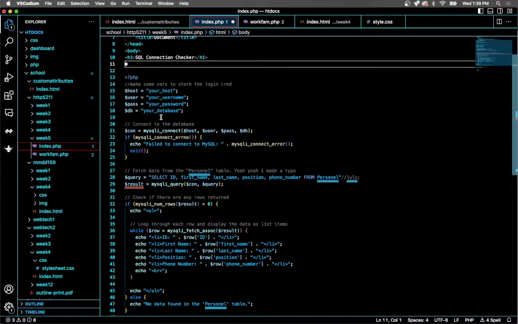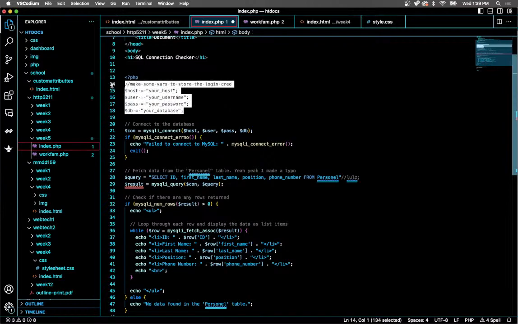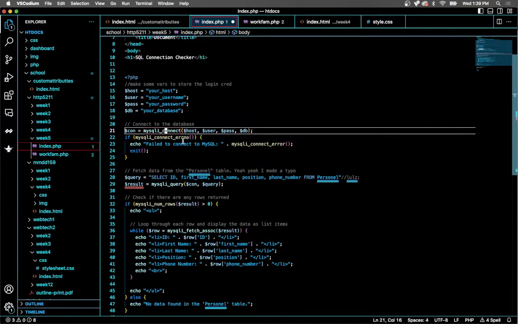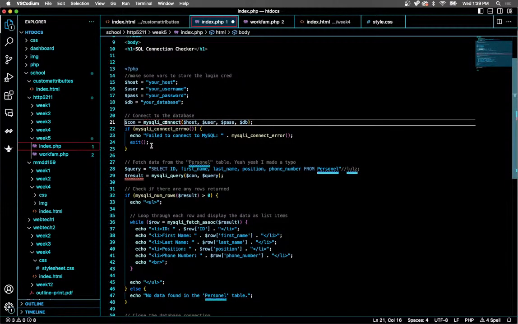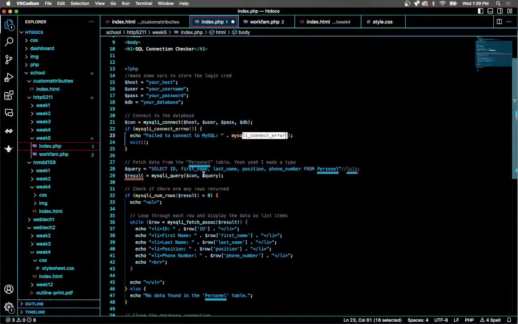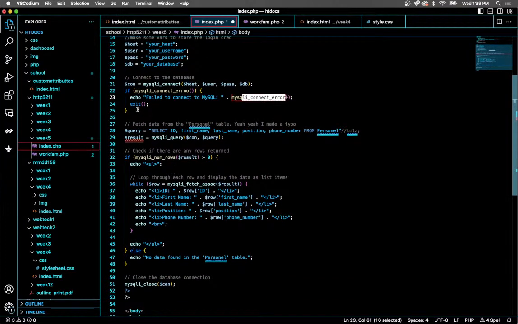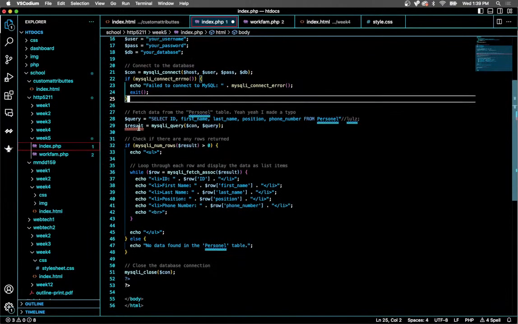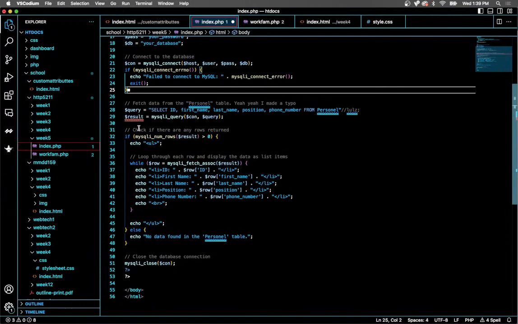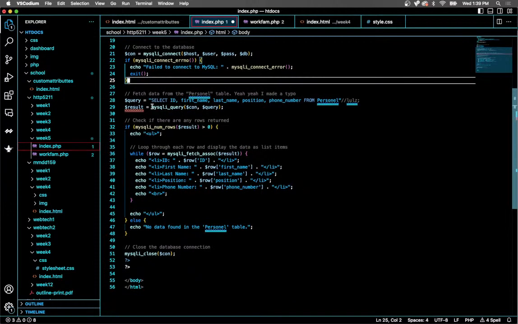So what is this doing? This is doing the same thing. It's going to take the login credentials and pass them into variables, using those variables to connect to the SQL database. If it fails, it'll just echo out that it failed and exit the program. But if it does not fail, then it will keep going. So once we keep going, we want to